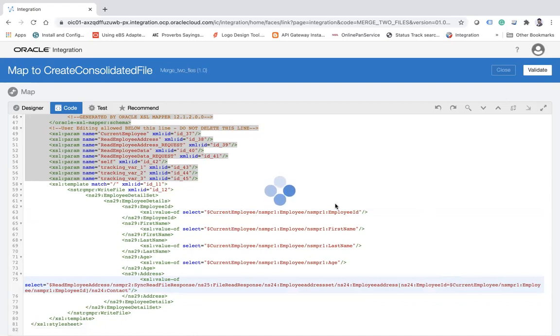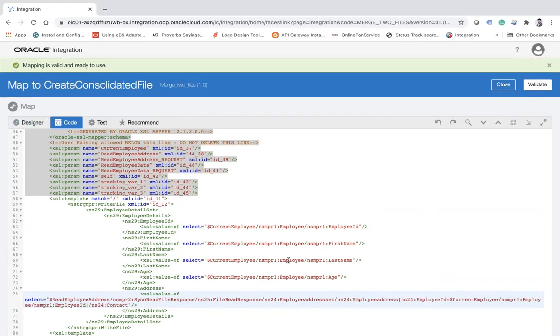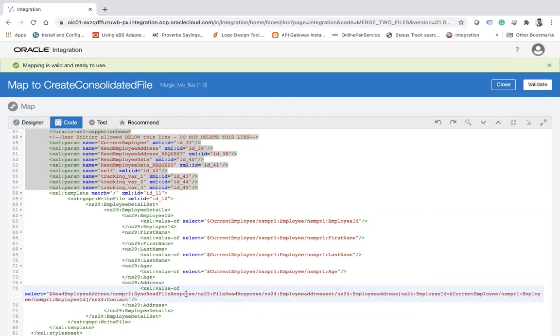Validate, and let's see if it is valid or not. Now my mapping is done. So this is the main logic which you need to make here in order to combine two files on the basis of the employee ID. So here the employee ID is of the address because I am using this namespace NS24, and then I am checking the employee ID of my current employee. Close.